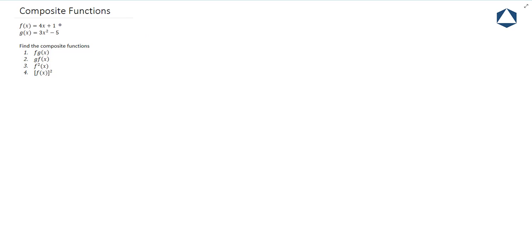Now let's say we have two functions, f of x is equal to 4x plus 1 and function g of x is equal to 3x squared minus 5. And let's say we are required to find these composite functions. So for number 1,